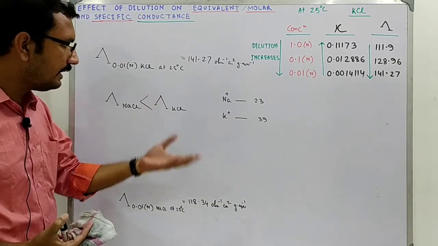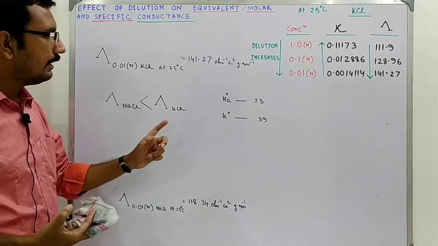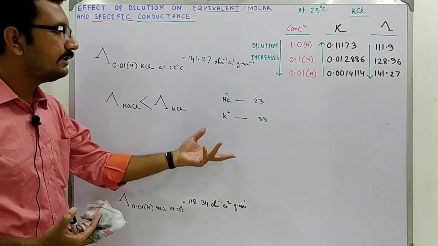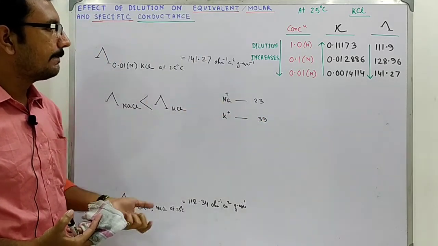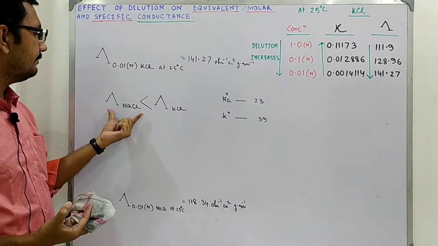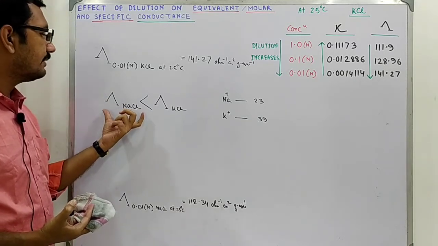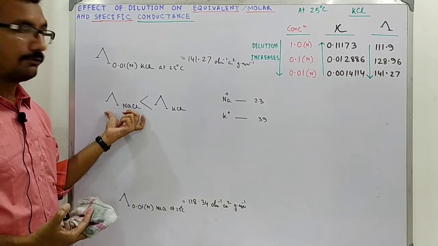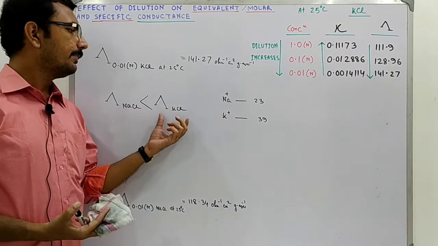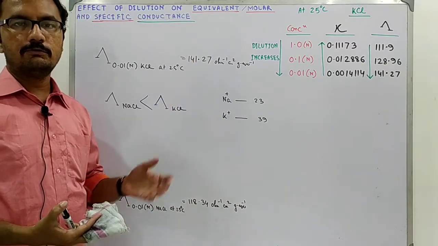So, the theoretical prediction is that the order must be the reverse one. Na plus is lighter, so it will travel at a greater speed at a constant temperature. So, it must have manifested a greater conductance value. But what do we get in reality? We get in reality that actually the heavier one is travelling faster than the lighter one. So, why is this occurring?